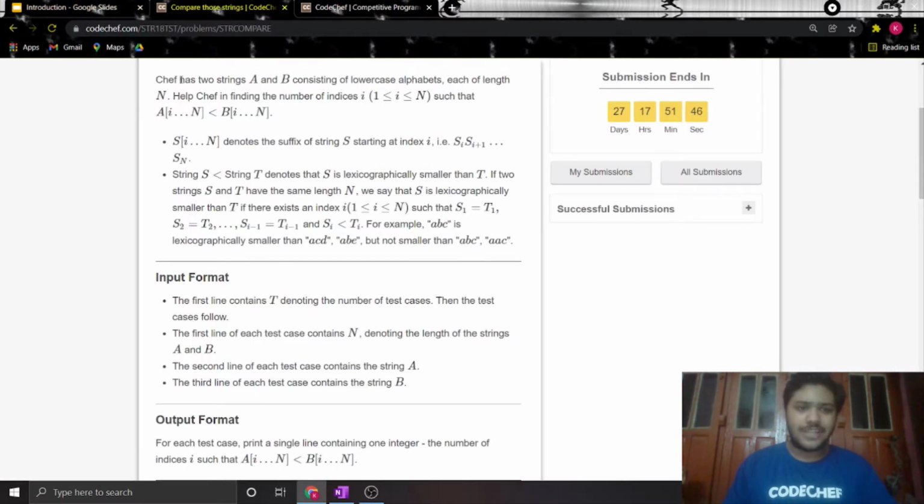So, Chef has two strings A and B consisting of lowercase alphabets. Basically, there are two strings A and B, each of them consisting of only lowercase alphabets, and both of them are of length n. Help Chef find the number of indices I such that I is greater than or equal to 1 and less than or equal to n, and the substring of string A starting at index I and going till the end, and the substring of string B starting at index I and going till the end,